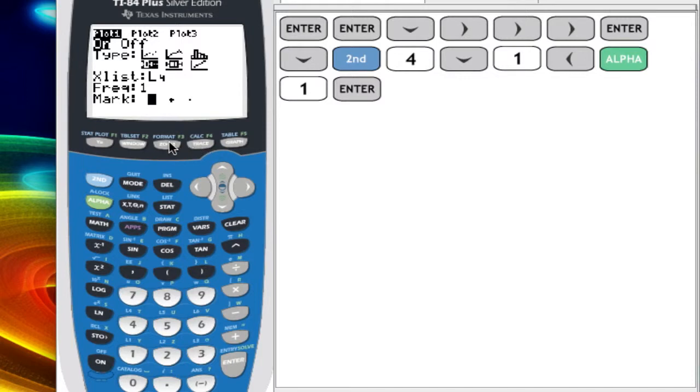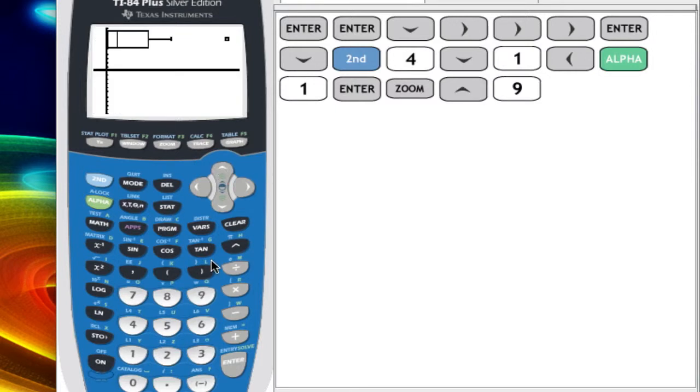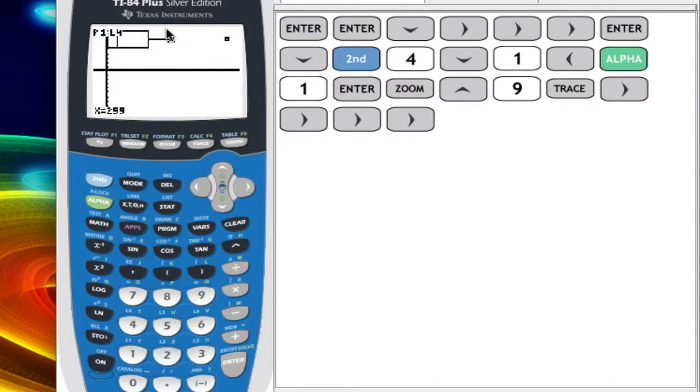When you're graphing statistical information, the calculator can do windows automatically. If you press zoom and then look at option 9, I get zoom stat. And there's my box plot. If I press trace, I can see the minimum, use the right arrow, Q1, use the right arrow again, median, Q3, and not the maximum. This is the largest number that's not an outlier, because the maximum of 548 is an outlier according to the